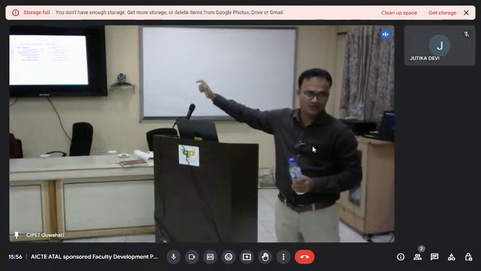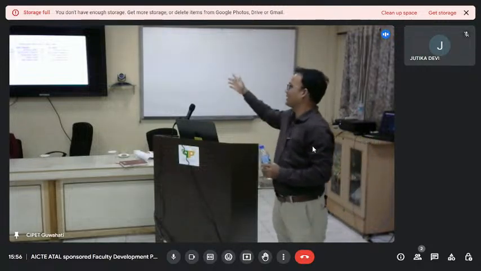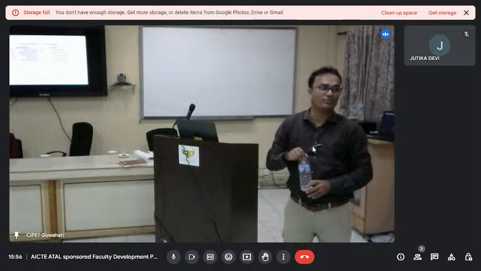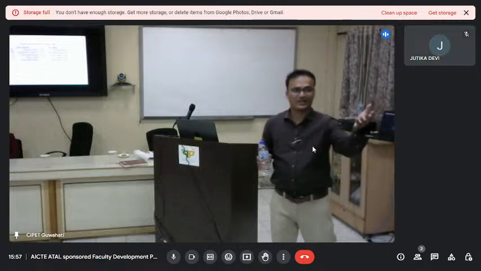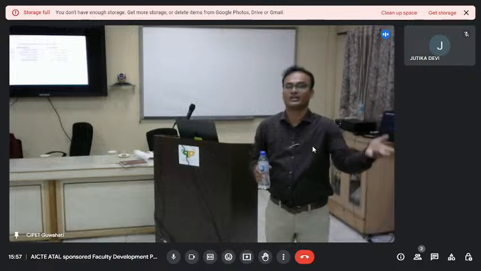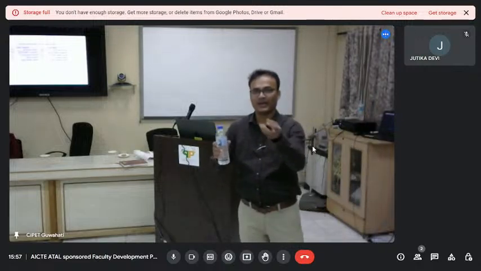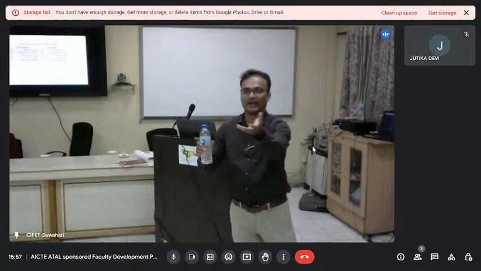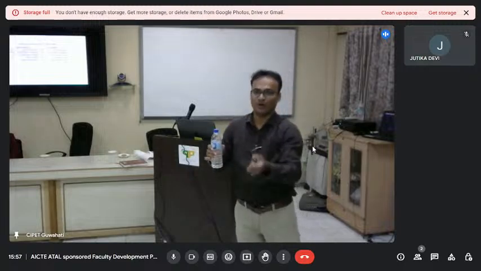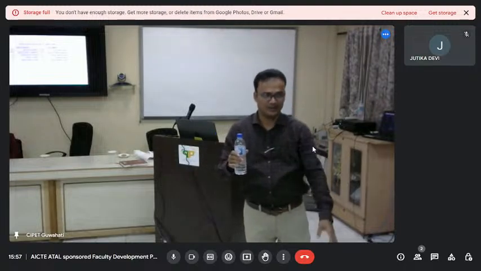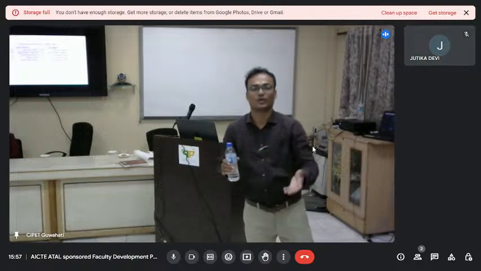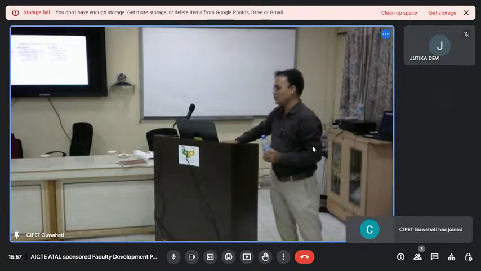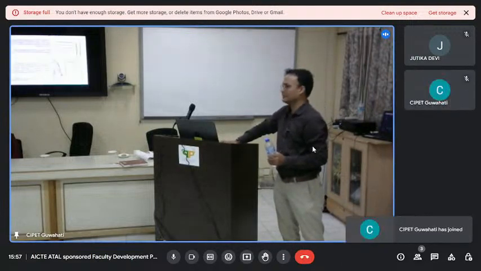Zeolite, have you heard of zeolite? Zeolite normally has a surface area of 585 meter square per gram, whereas activated carbon has 1053 meter square per gram. High surface area means we can use it better for filtration. Because for filtration, it has to absorb all the ions. Suppose in water you have lead, cadmium, all these things, or any unwanted things present in water. It should absorb them, so it can absorb easily. It has high absorption. That is why activated carbon is preferably better than zeolite. So these are some examples.